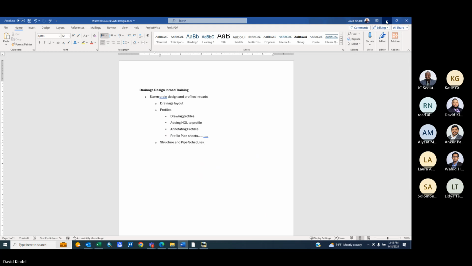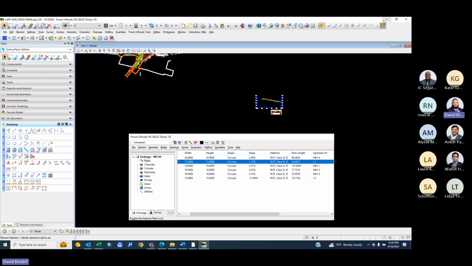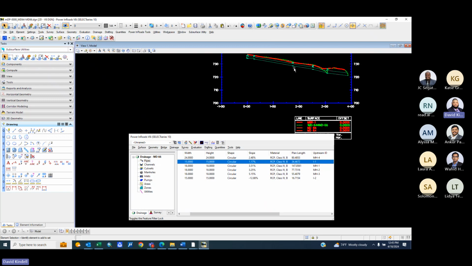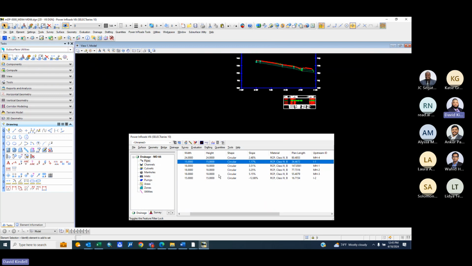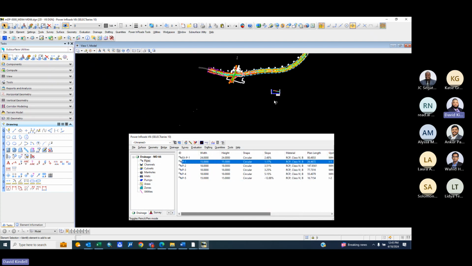Now, in order to do the hydraulic grade line, you have to know what the flow is. So in order to do that, you have to know how much flow is being inserted into these pipes here. So I can see here, if you go to the pipe, you notice there's no design flow rate here. So that means